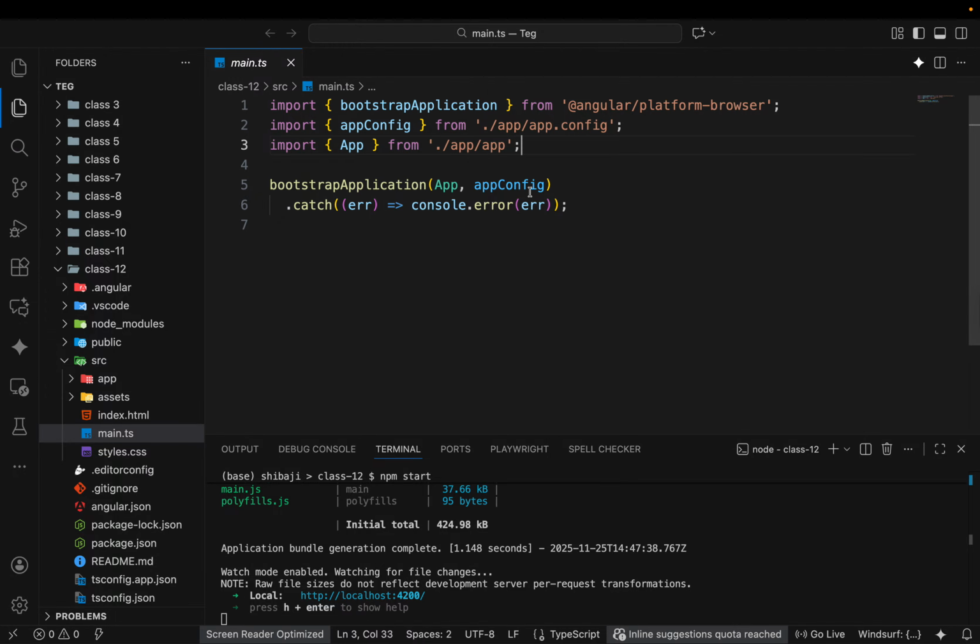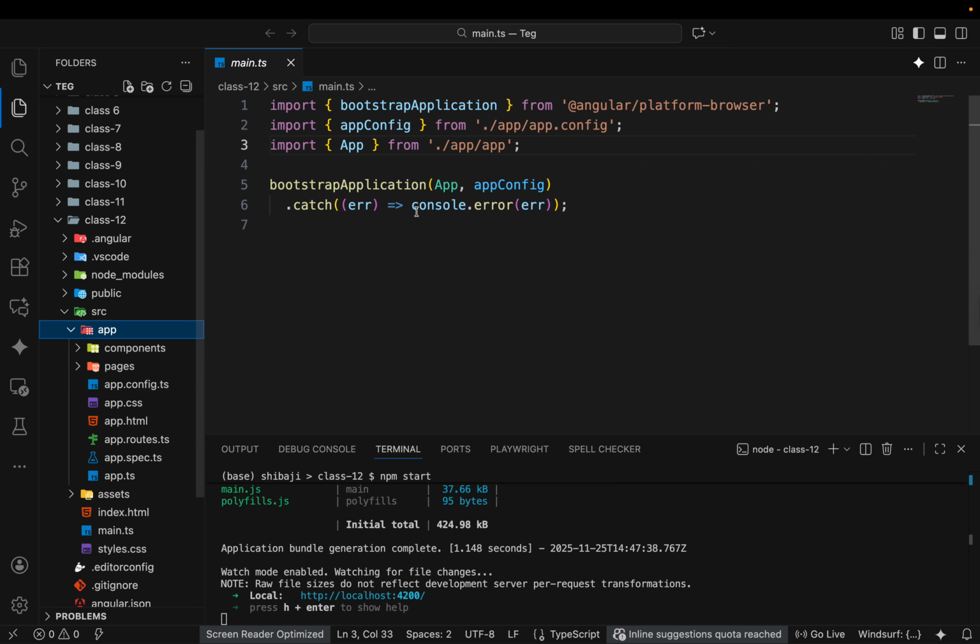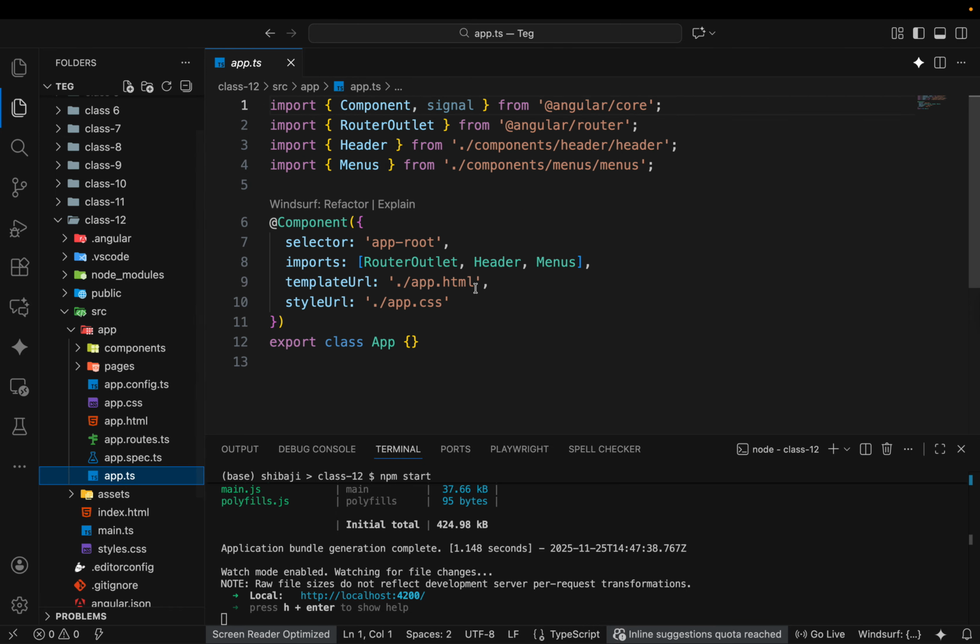First one, app, which is the main UI part, and another part is app config. This is the secondary file. These two files are important for application startup. First thing, it is our main component, and this main component has